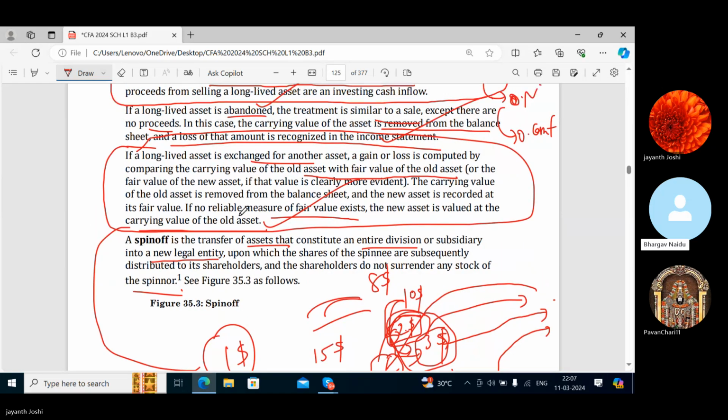It says that we are comparing the value of the old asset to the fair value. We are comparing carrying value and fair value. But why would we do that, sir? Why will you not do that to recognize gain or loss? Because we are exchanging one asset for the other asset. So if you are exchanging the old asset, if you get some gain, won't you recognize it?